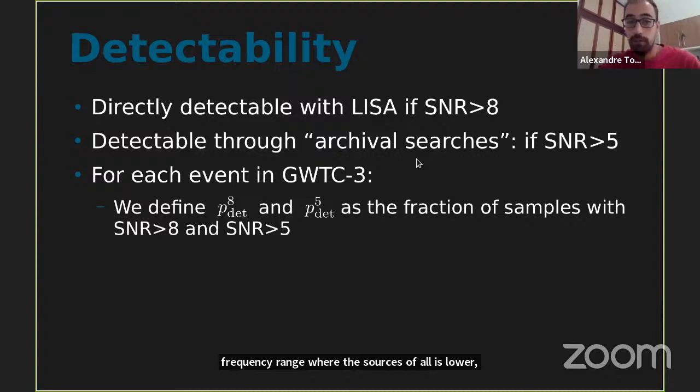Then we consider two different thresholds for the sources. One for direct observation with LISA, so the idea is that we would observe them before ground-based detectors. For this, we take an SNR threshold of 8. And we consider another threshold for archival searches. The idea being that after ground-based detectors have detected the source or have a better idea of the parameters, we can decrease the size of the parameter space to look for the source, and we can use a lower SNR threshold, which here we take to be 5. I will not enter into the details right now. You can ask me later, but we do give in the paper some justification for these thresholds.